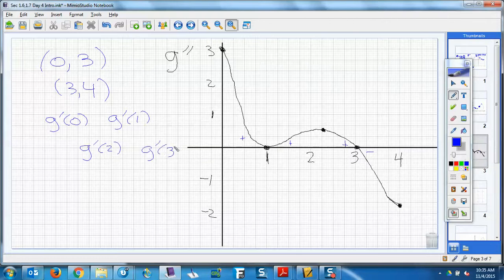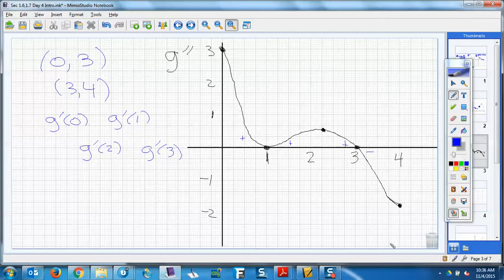What does it say? Increasing order. So which one of those is the smallest? G prime of 0. Because what did we say a little bit ago about the G prime? Well, actually, I don't think we specifically said it. From 0 to 3, G double prime is what? Positive. So therefore, G prime is